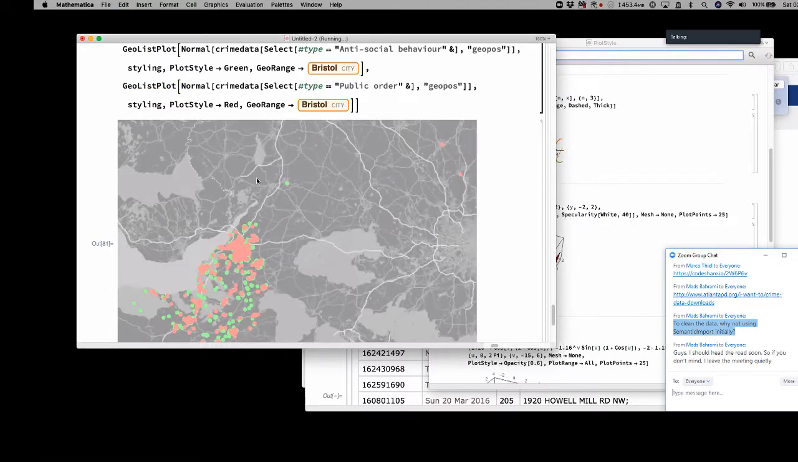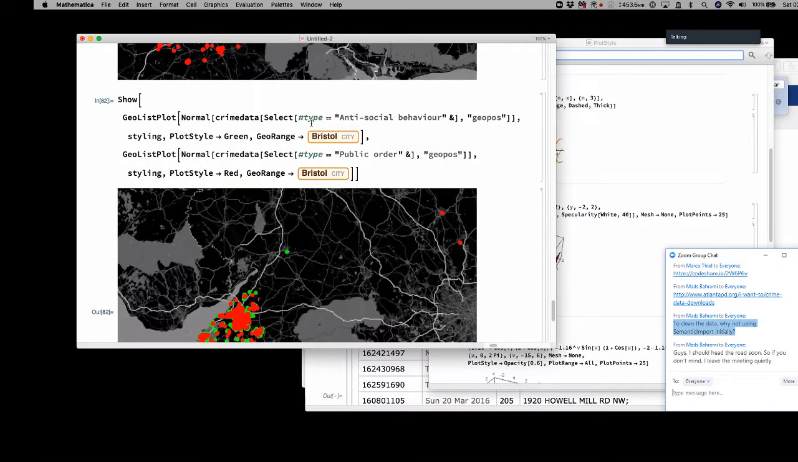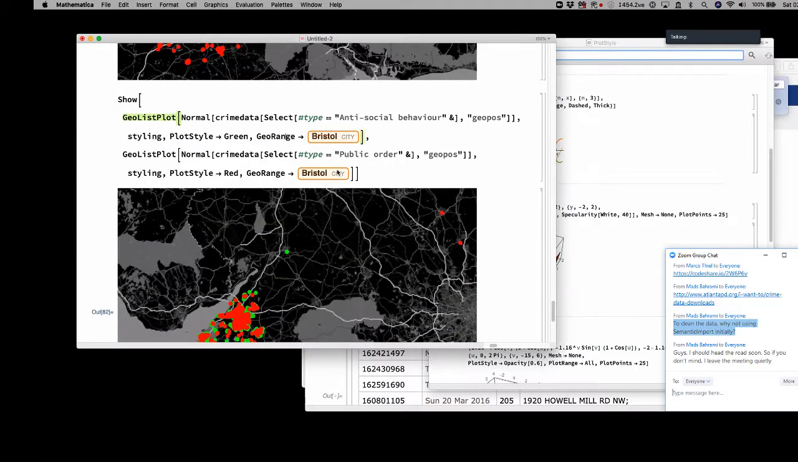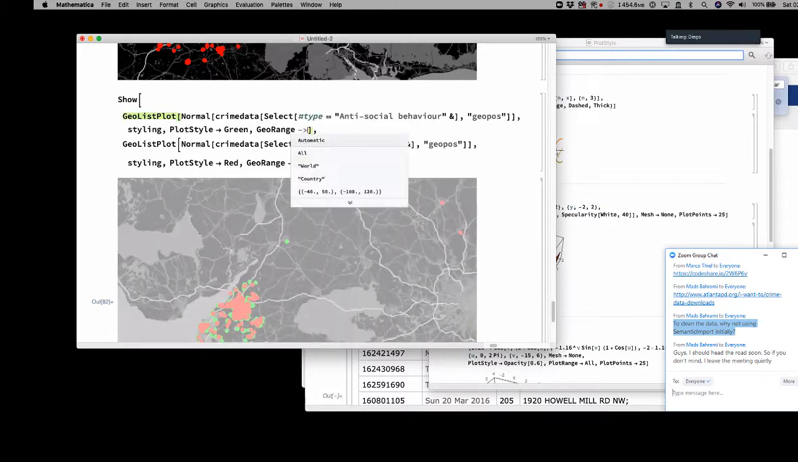I'm not even sure that I could do this. Nothing. No, nothing. Okay. Still geodisk? No. It should be GeoRange, I find. So what options do I have? Worldwide, country, mines, and then it takes the points there too. So can I do